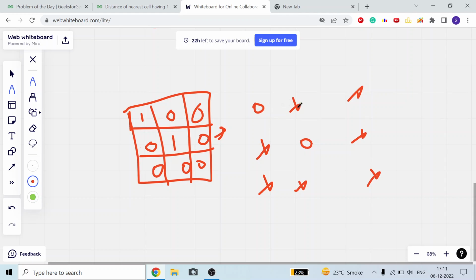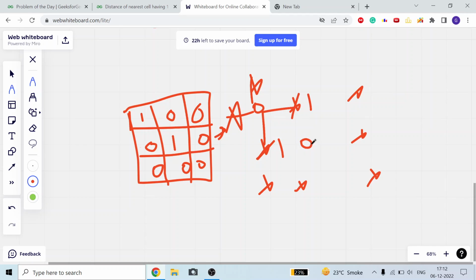So all the four nearer cells from this particular cell will contain distance equal to 1. Why 1? Because the cost of putting 1 there is 0, and if we want to put 1 in the next index, then the cost will be the cost till here plus 1. This x is very big, so it will compare: either I have to put x or 0 plus 1. So I will put 1 here, I will put 1 here.